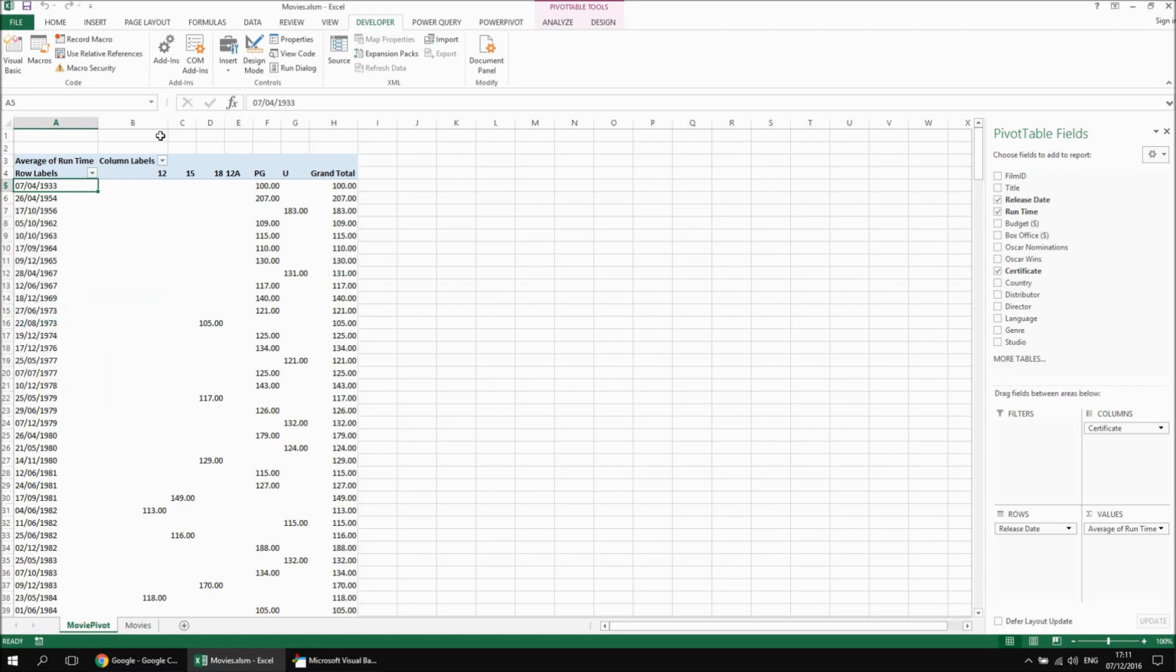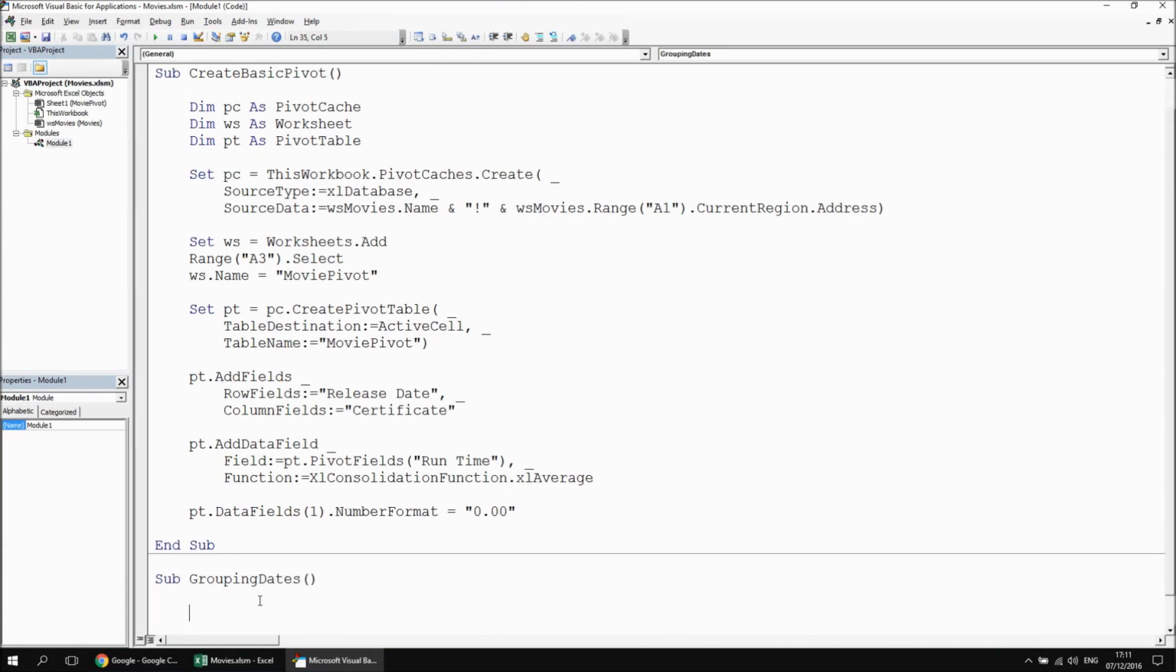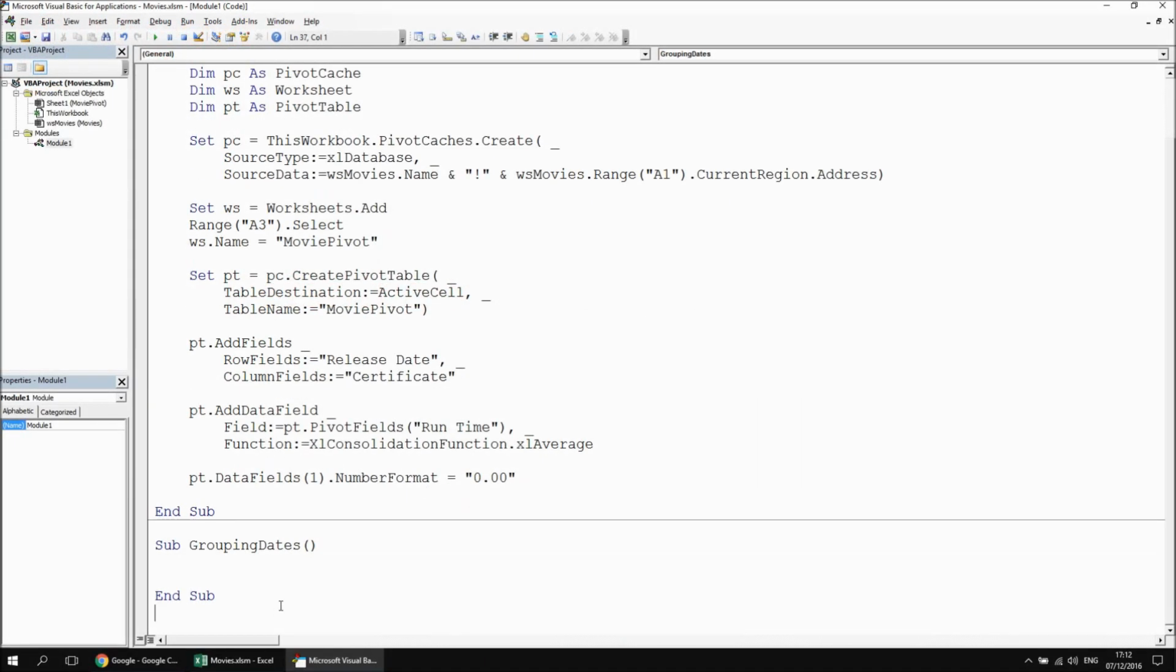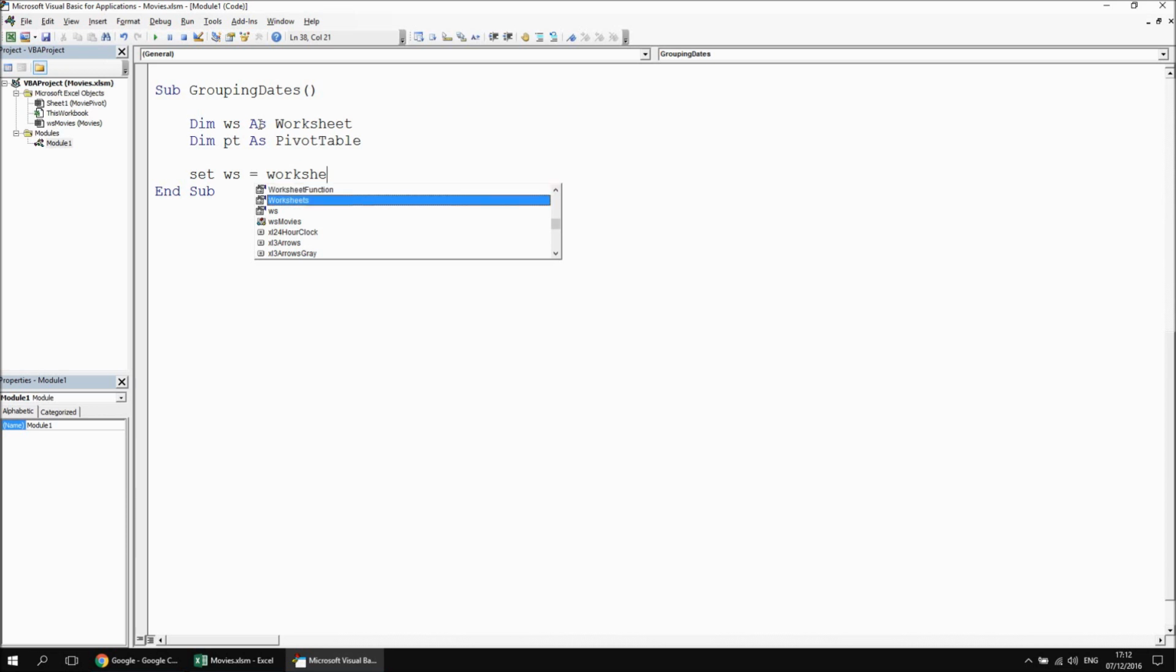So let's just head back into the VB editor at this point and create a new subroutine that's going to be called grouping dates. I'm going to start then by creating a couple of variables that will give me references to both the worksheet and the pivot table I'm working with. So I'm going to declare a variable called ws as worksheet, and then I'm going to say dim pt as pivot table, and then I'm going to refer to the worksheet that I created in the previous subroutine. So I'm going to say set ws equals worksheets, then open some parentheses, and I call my worksheet movie pivot. This isn't necessary, it just makes life slightly more convenient when we're manipulating objects on the worksheet and the pivot table itself, of course. So the next thing I'm going to do is say set pt equals